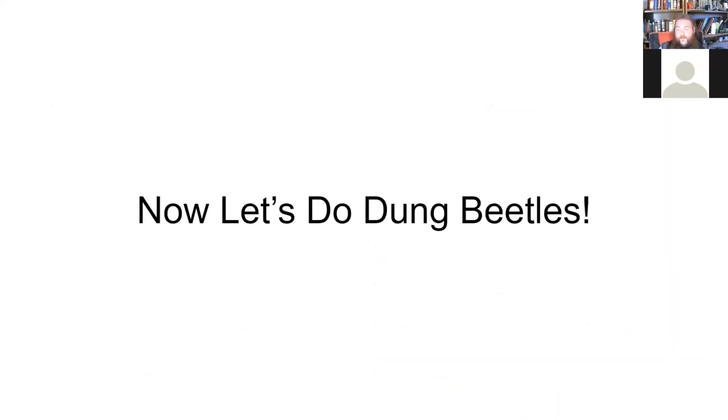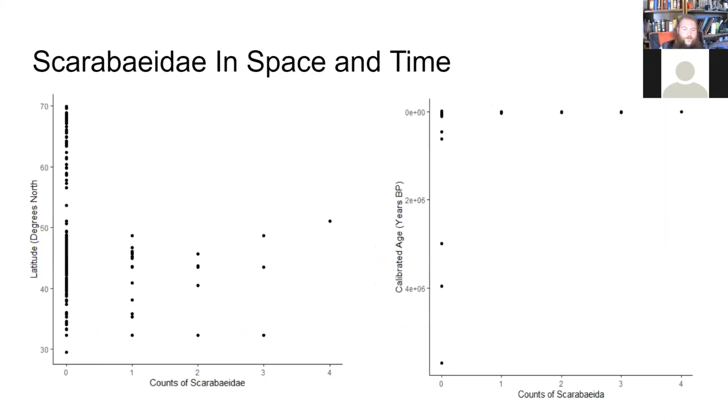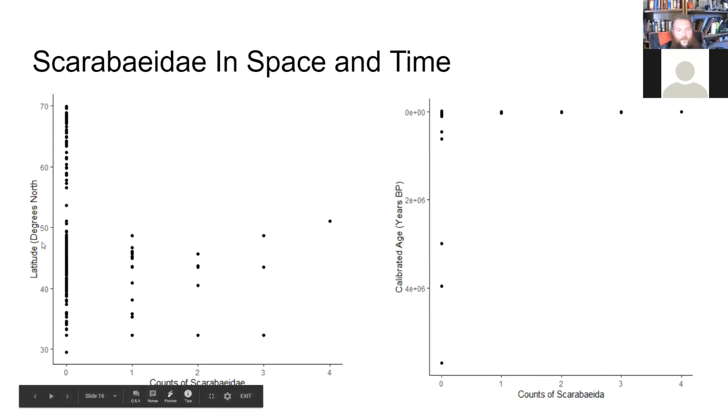So we've talked about the Sandom et al. paper, the work on dung beetles and how important they are. So we're going to now work on dung beetles and see if we can draw some important conclusions from that work. So here is the same. This is the distribution in space. And you can see that with the exception of that one, they're all below 50 degrees. So that would suggest that they're confined to these lower portions of the map. And then again here, you can see there's some doubling up on the more recent time scale.